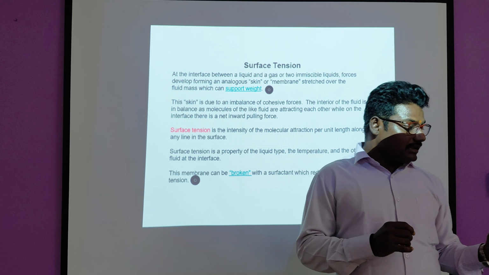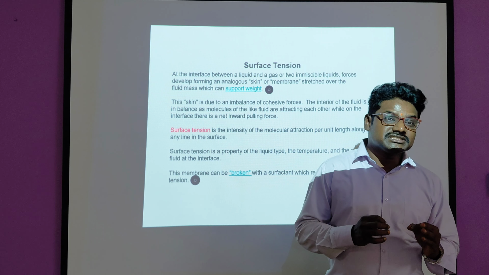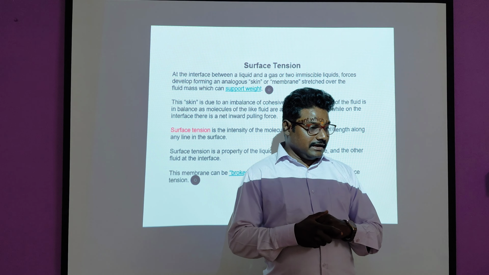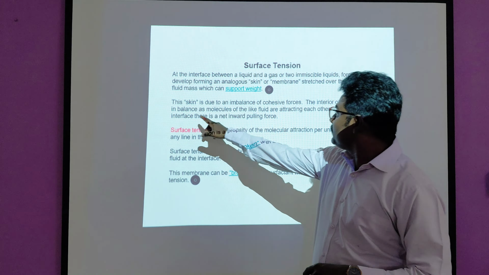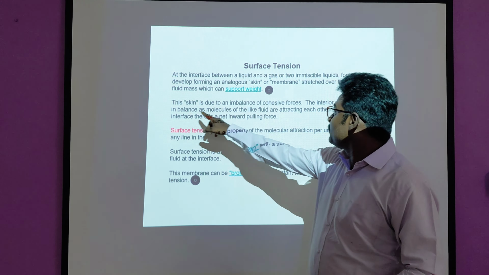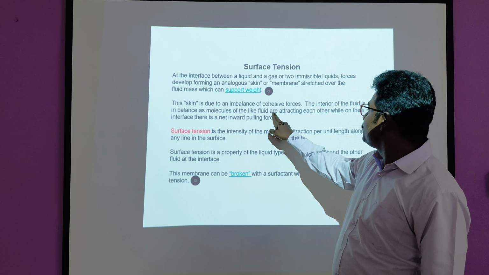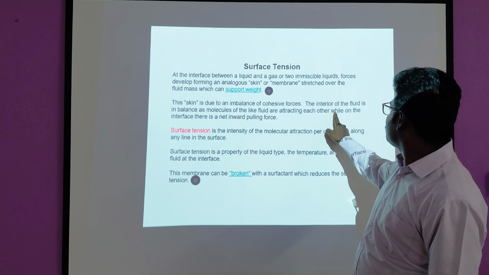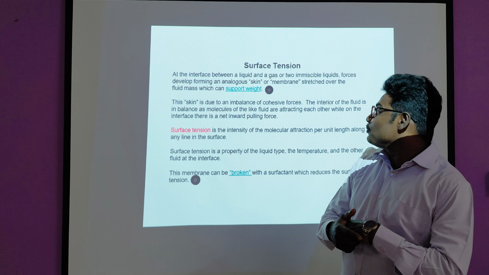Okay? The skin is due to an imbalance of cohesive forces. The interior of the fluid is balanced as the molecules of the liquid are attracting each other, while on the interface there is a net inward pulling